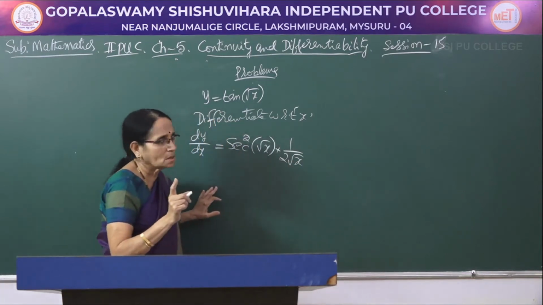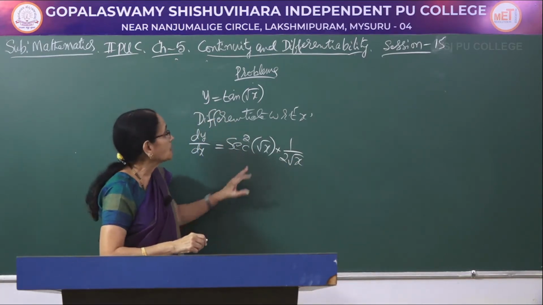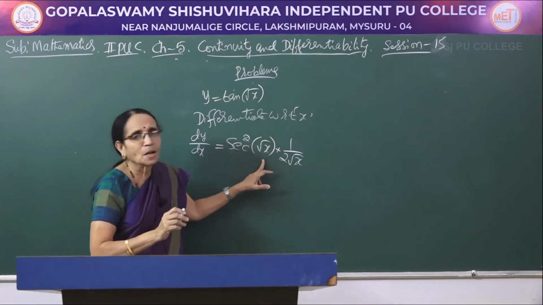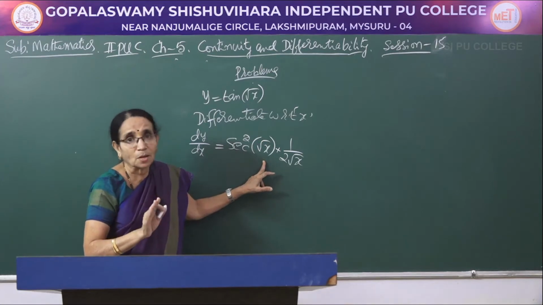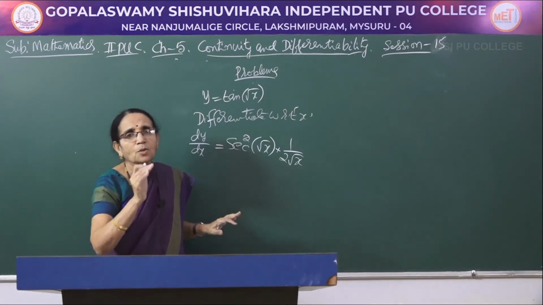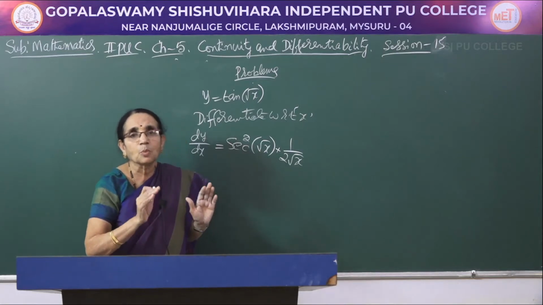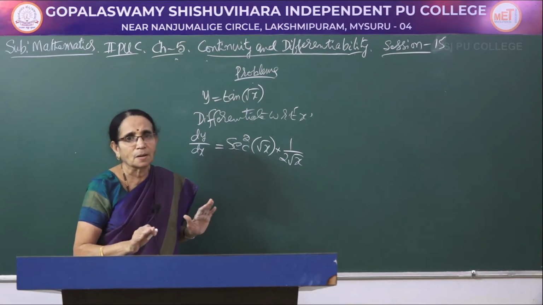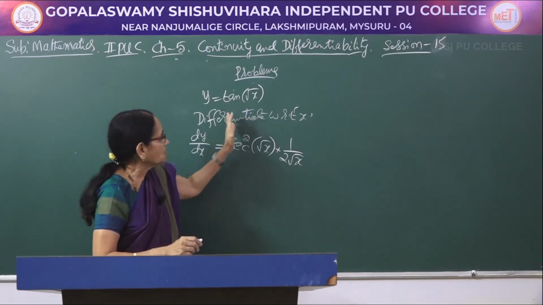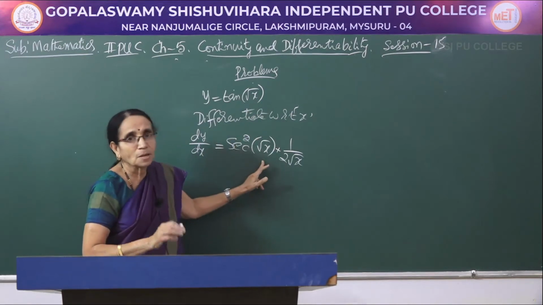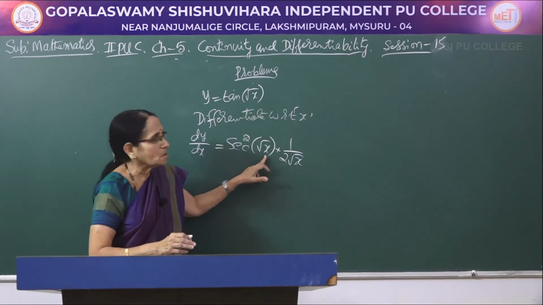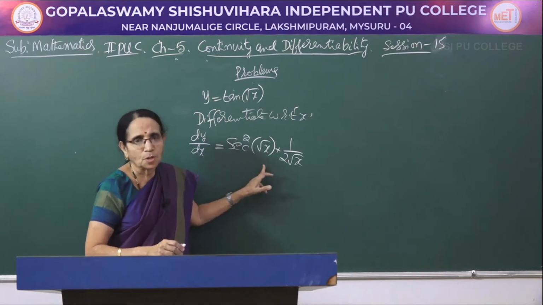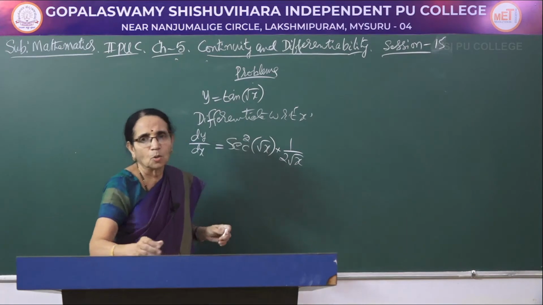The common mistake students usually make is that they differentiate both of them together. They write secant square, and inside the bracket they write 1 by 2 root x. Do not do that. You have to go from one function to another function. Do not differentiate both of them, or any number of functions that may be there, simultaneously. You have to go in the proper order. Tan becomes secant square, root x remains the same. Then come to the root x part, it is 1 by 2 root x. So, the answer is secant square of root x divided by 2 into root x.